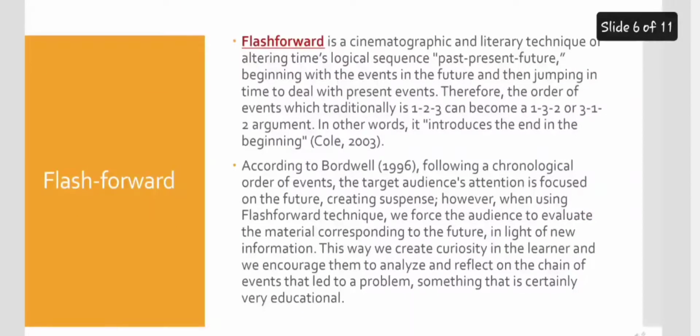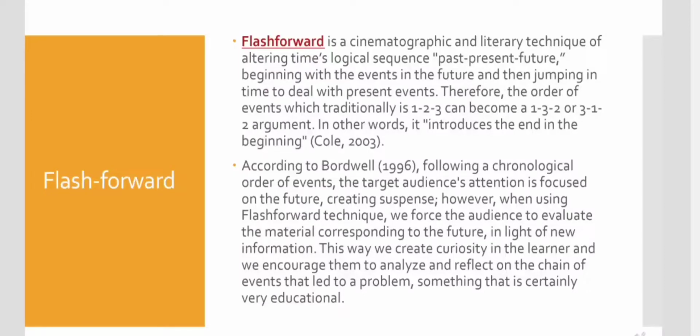Coming to the next strategy, that is basically flash forward. The flash forward technique is basically the opposite of flashback, and it is usually used as a literary as well as a cinematographic technique. So actually, although you can see here that